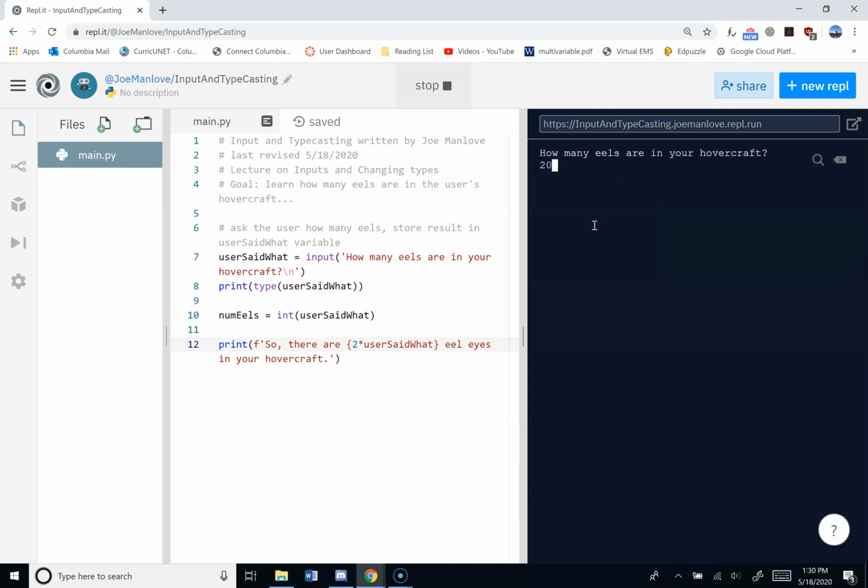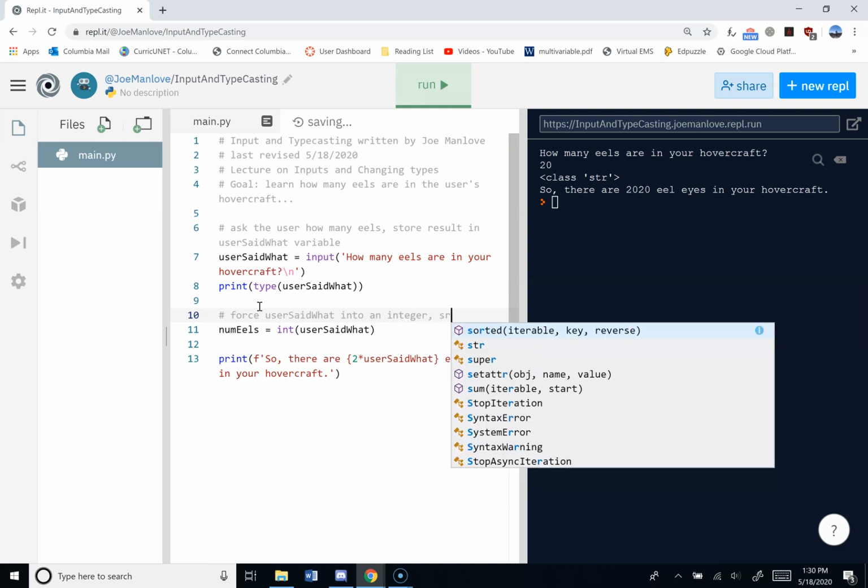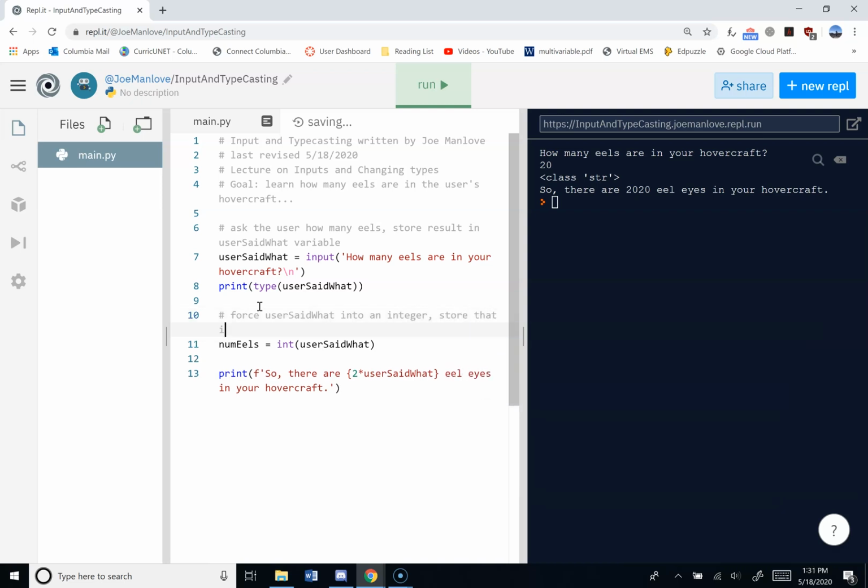So I want, there are 20 eels. Uh-oh. What's wrong? Well, this line was forcing what the user said into an integer and storing that in num eels, right? So then here, when I'm trying to format my string with twice what the user said,